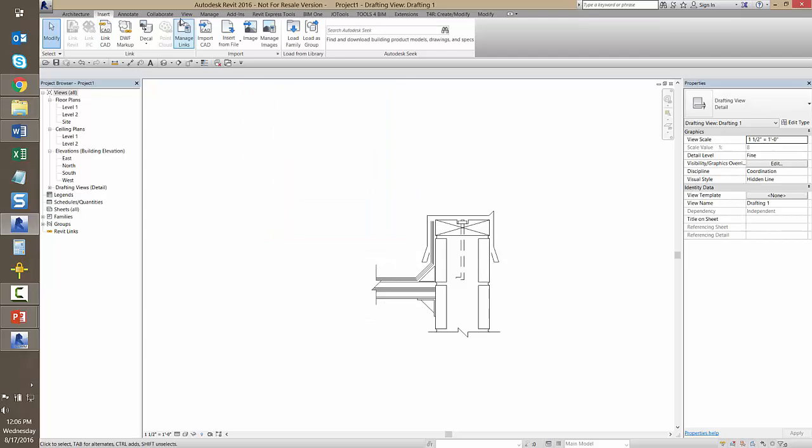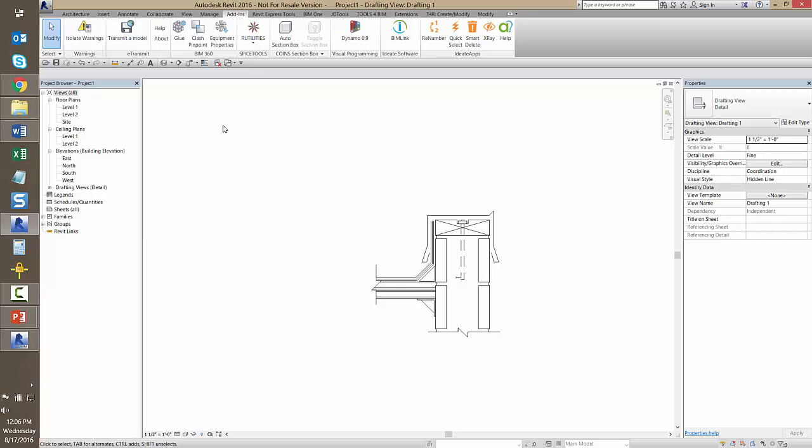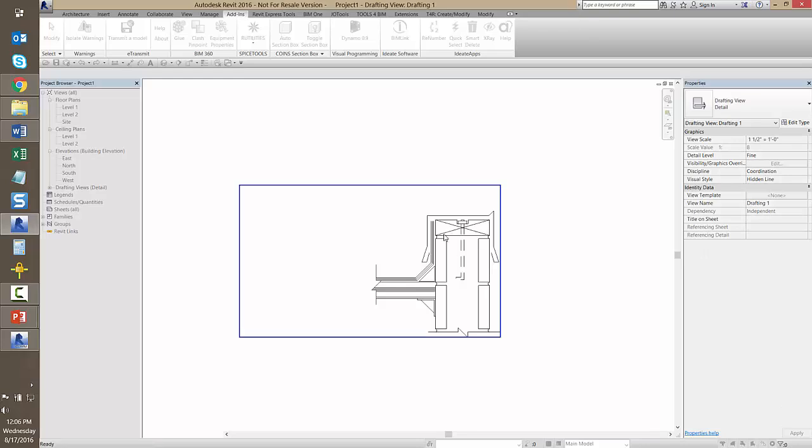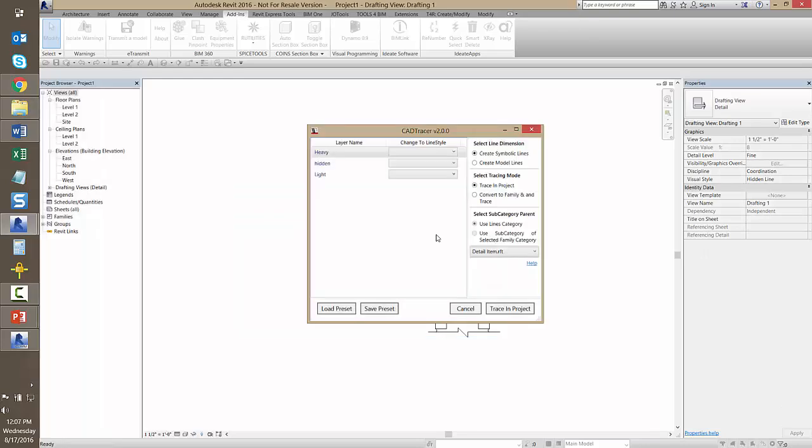Okay, so on the Add-ins tab, where are you, my friend? There you are. Okay, it's right here, CAD Tracer. And I pick the link. And then this isn't a great example because there aren't a lot of layers in the CAD file, but